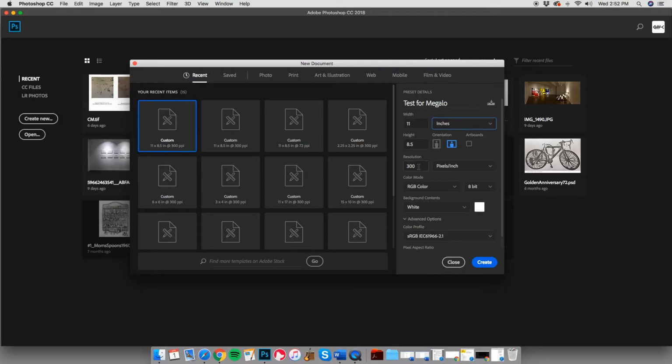But 300 is pretty good, so we could leave it there. Color mode is just kind of a bit personal preference. We've got a couple different things. Bit mapping is good if we want this to be for screen printing. Grayscale, black and white. RGB is red, green, and blue. Those are those digital process colors that are for